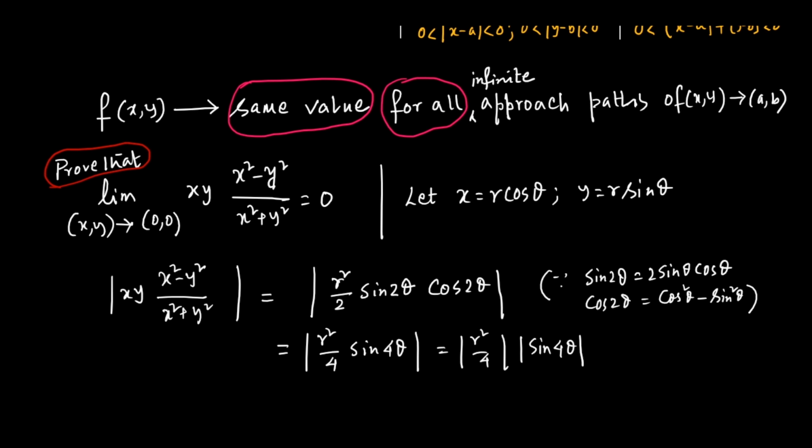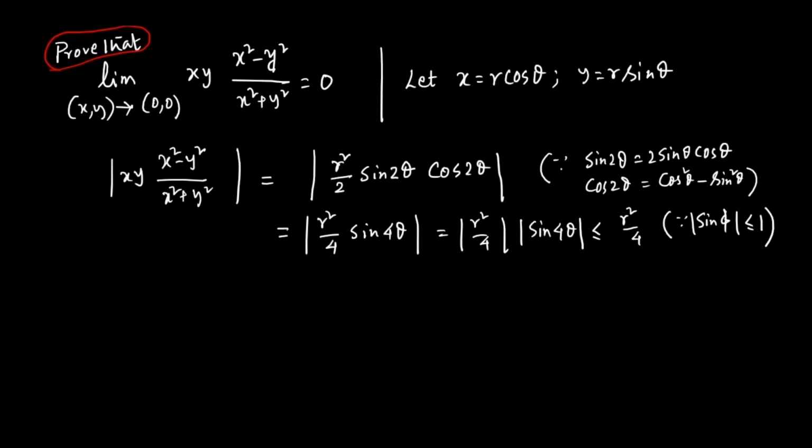That means this can further be written as less than or equal to mod of r square by 4. Mod of r square by 4 is the same as writing r square by 4. Why? Because we know that mod of sine phi will always be less than or equal to 1, whatever be your phi. So we got that this expression is less than or equal to r square by 4. Therefore, mod of xy into x square minus y square divided by x square plus y square